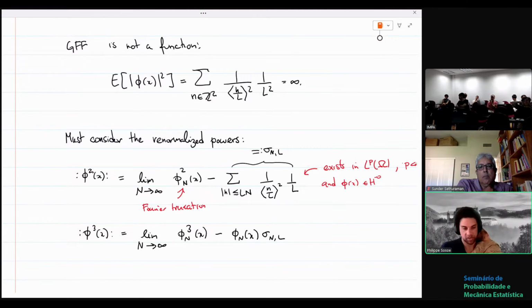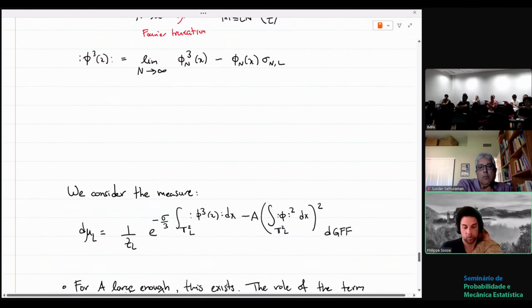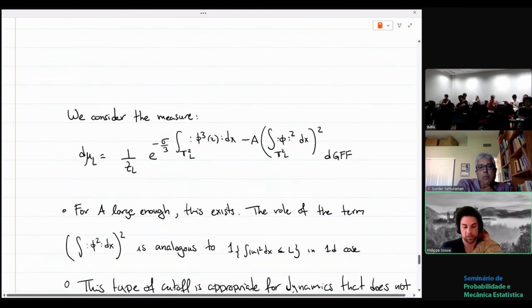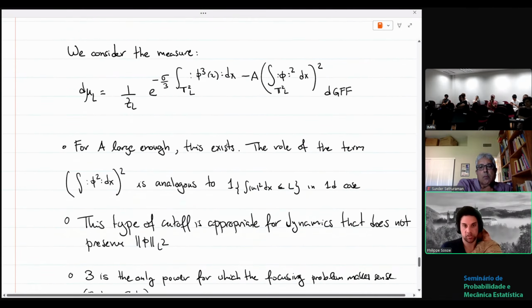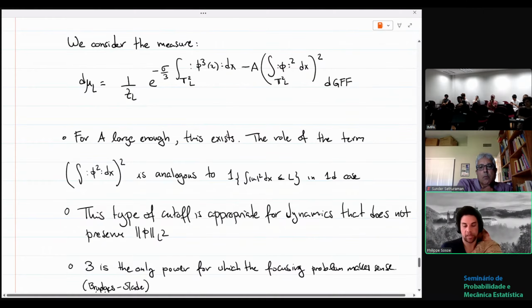It's in the Sobolev space H minus epsilon for every epsilon. So in the end, what we do is we consider this measure. We have this cubic power, and we have a term here which plays the same role as the mass cutoff. The reason we don't want to put a mass cutoff, and instead we put this term, is that if you put a mass cutoff, then since we're in the real valued case, all the deterministic or even stochastic dynamics